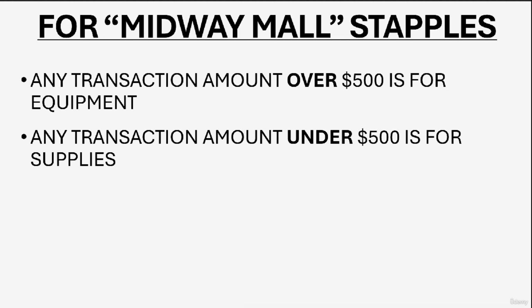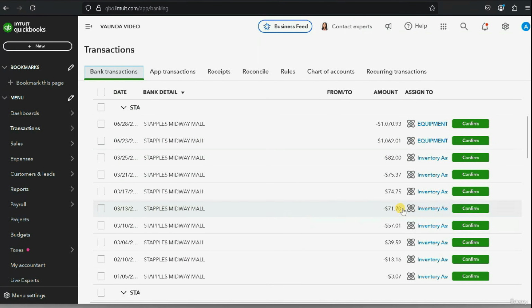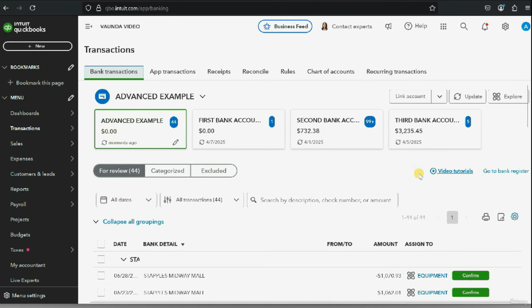So that will even help you make more transactions recorded automatically. And you're only limited by your imagination. So you see, the ones that have the Midway Mall, they're not categorized yet. You see? In fact, well, some of them are, but we don't quite know why yet,